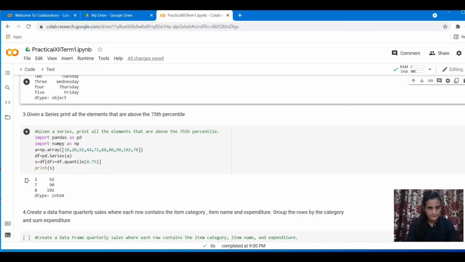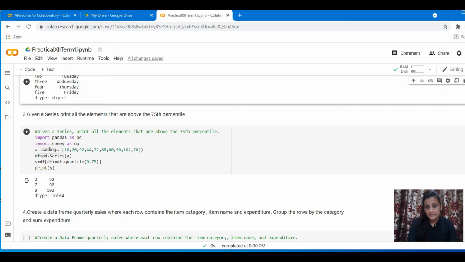You don't need to write them again. Create an array, created with random values. As you can see, there are around 10 values. We do not actually know the range from which it is. I can see 10 to, I think, 92. So 10 to 92, and now here we are trying to find out which values lie exactly between the 75 to 100. We are passing this array into a series to create first the series.